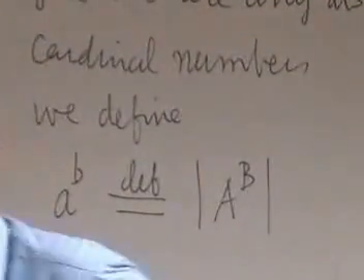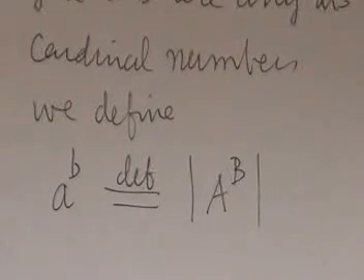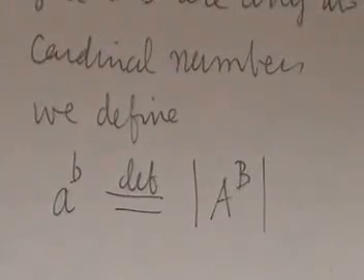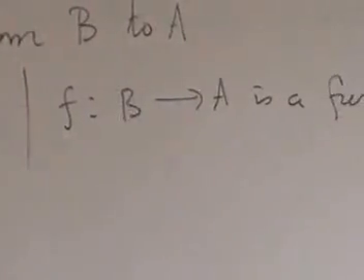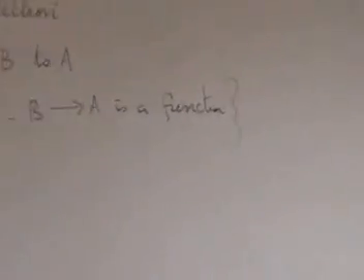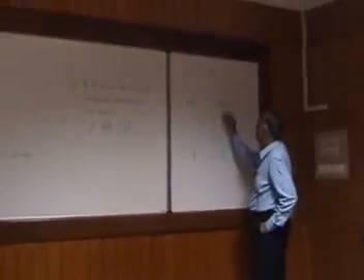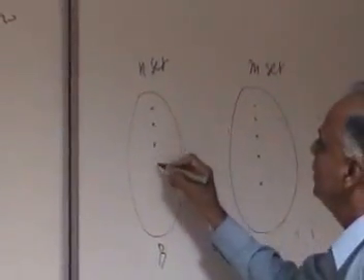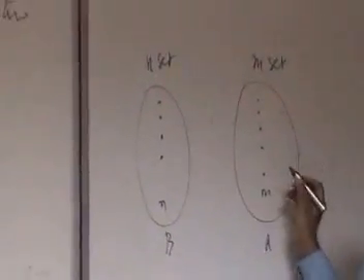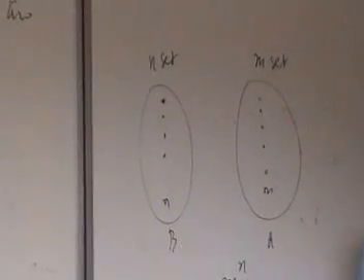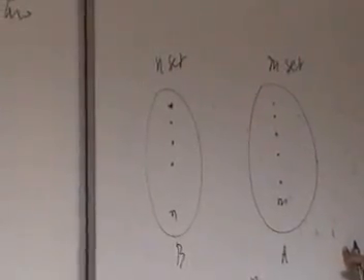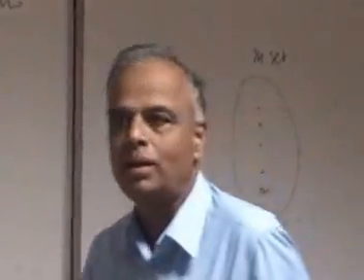That's why that notation is used. This is true in the finite case. If you have an m set and an n set, you can calculate the total number of functions. Suppose I had an n set here and an m set here. This is B and this is A. There are n elements here, there are m elements here. Now I have to define a function. For each one of these elements here there are m choices. So there are m to the n such functions from B to A. That notation is what I am using for the general case.